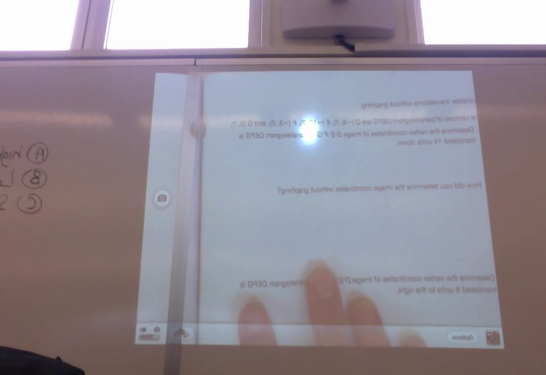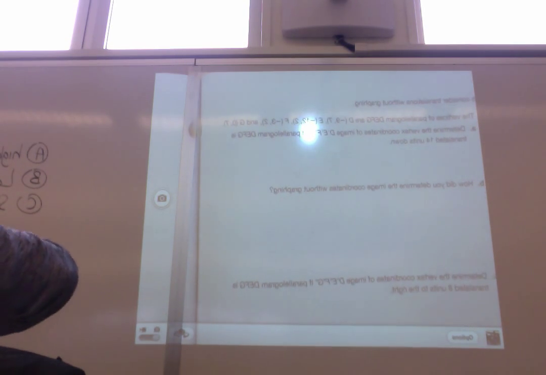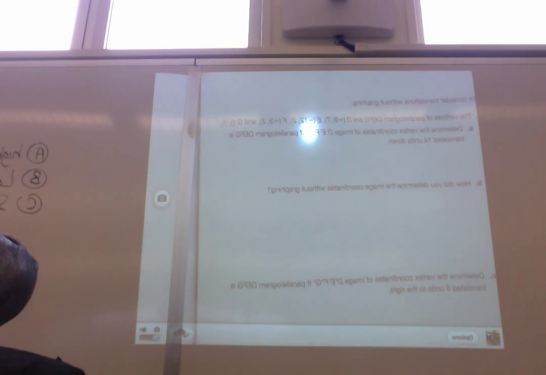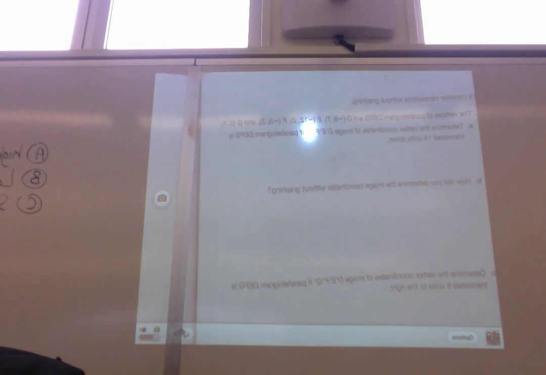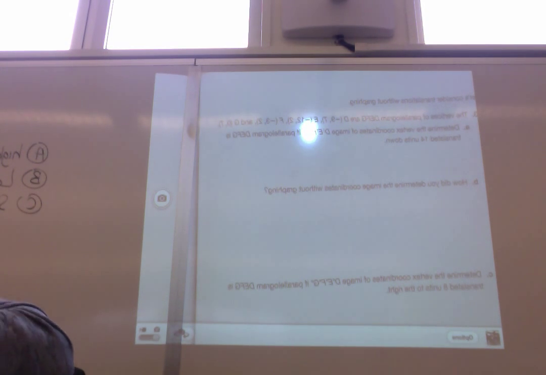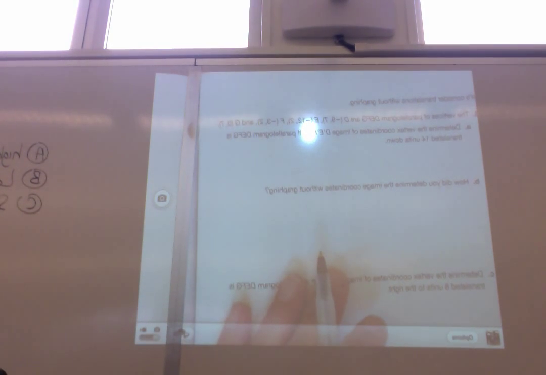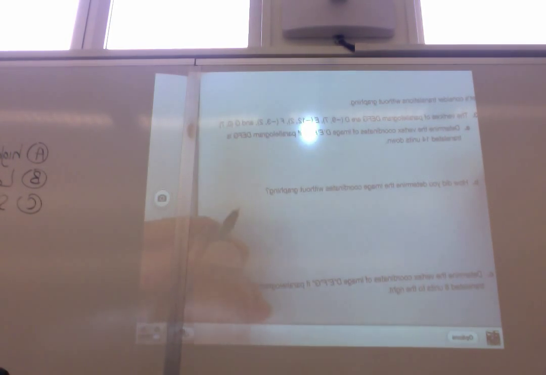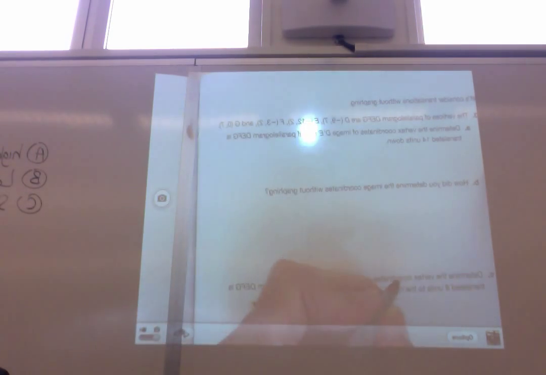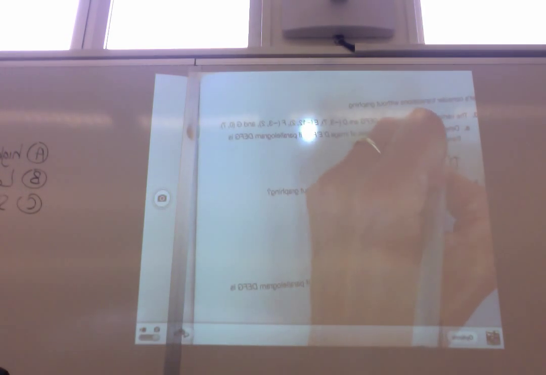Okay. Oscar, could you read number 3 for us, please? Let's consider transformation without brackets. The vertex of parallelogram E, E, F, G, R, B, there's 9, E, there's 12. So this time we don't have the graph to look at. They want us to just do this based on what we saw, or we're thinking about in a pattern of their vertices. So D prime